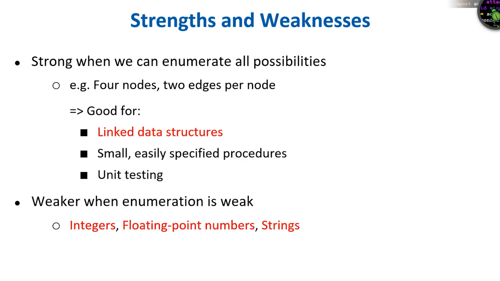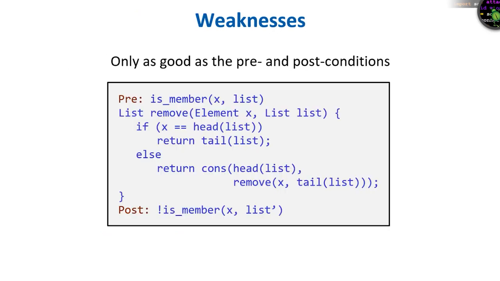characters. In these cases, while enumeration can be done, even small test cases, 1 int, 1 double, or strings with 10 characters, lead to large numbers of test cases that Korat will not flag as isomorphic, because there are no links in the data to exploit in the culling process that occurs through invariant checking. We will see a different technique later in the course called dynamic symbolic execution that is capable of handling such data types. Another weakness of Korat is that it is only as good as the pre and post conditions we specify for the methods being tested.